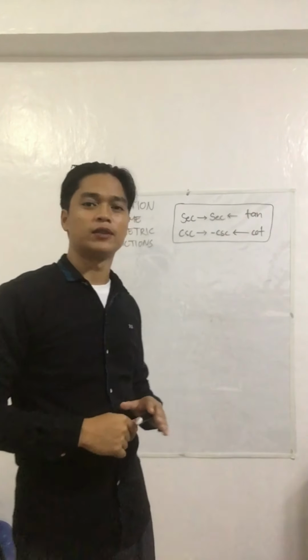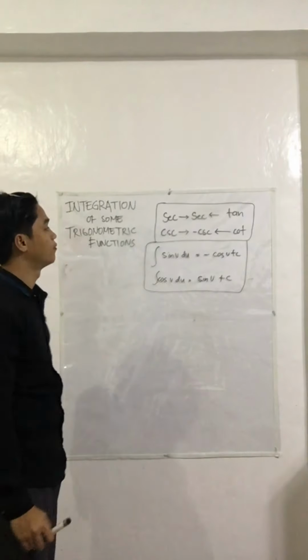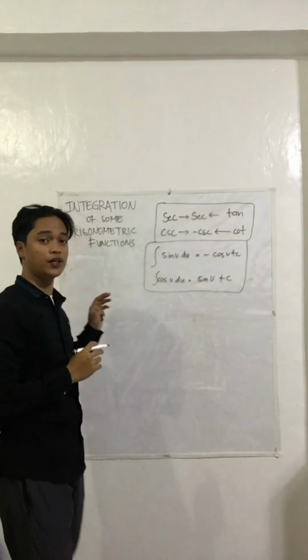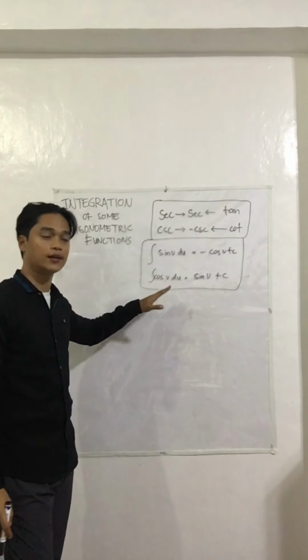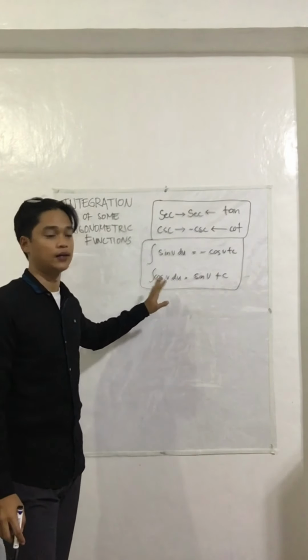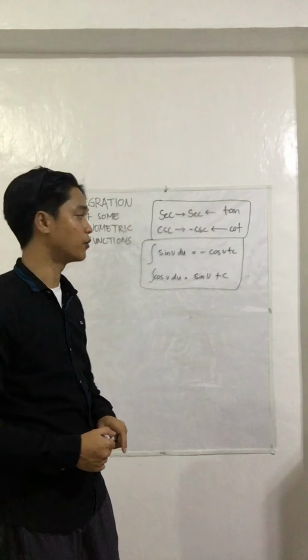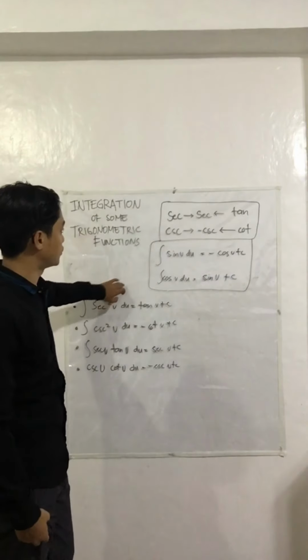So may ibang ways para mas madali nating ma-memorize yung integrals of the most common trigonometric function. Ito naman yung process of integrating trigonometric function. Itong unang box, use this to generate a double function. Sa pangalawang box na to, use this to get the integral of tangent u and cotangent u to complete the basic trigonometric function on our integrations. So let's start with the double function. Sa double function, gamit ito,